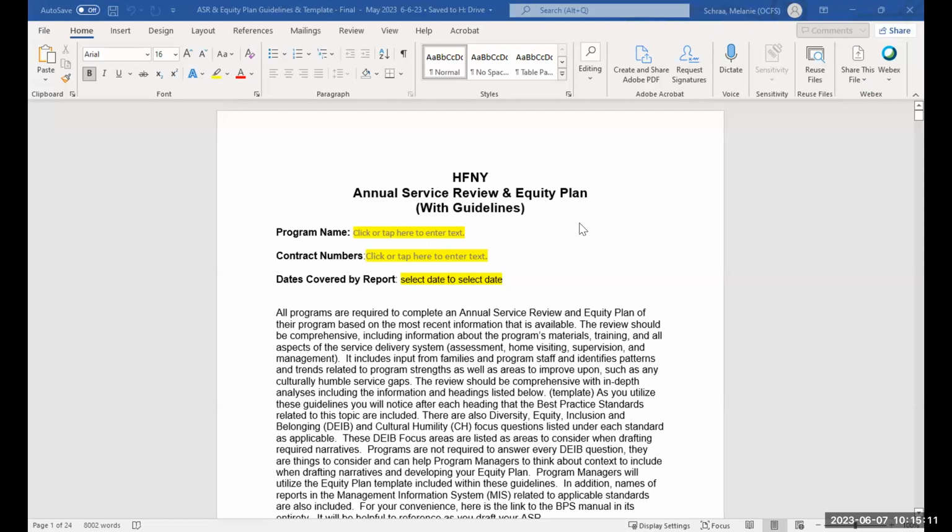So here is the annual service review and equity plan. And so this is all 3 things. So it's the guidelines, it's your,